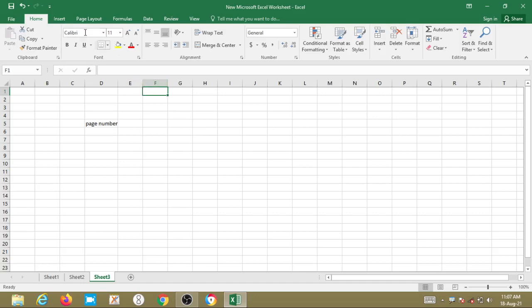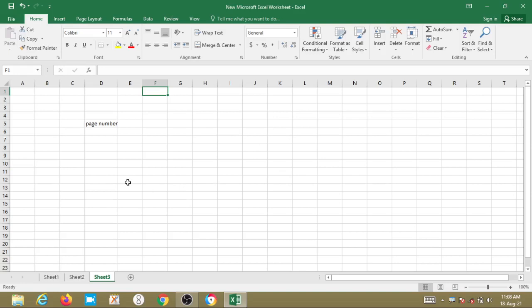Okay, so here see parts of the Excel window. In the parts of the Excel window, we know that this is the title bar. We can save the name, we can change the name. So what will it show? It will show the currently working document, the currently working Excel window, the worksheet. So a spreadsheet is nothing but a worksheet.